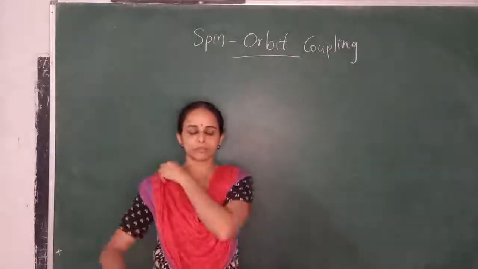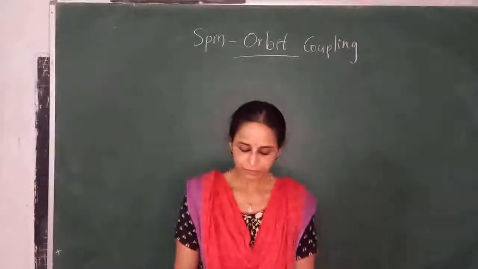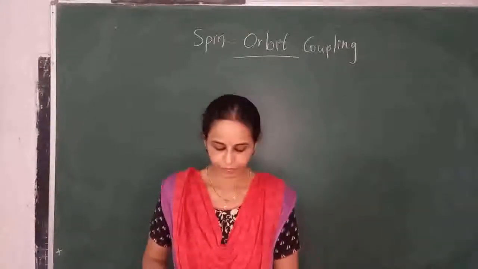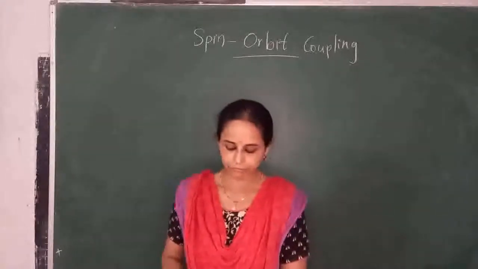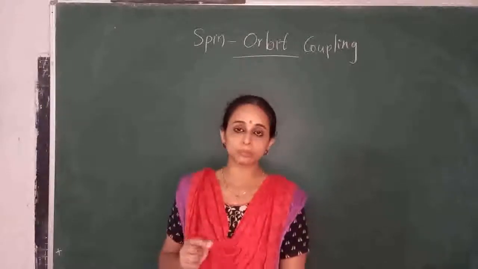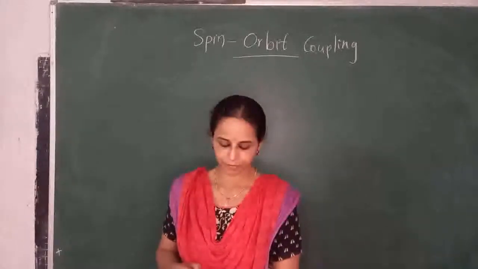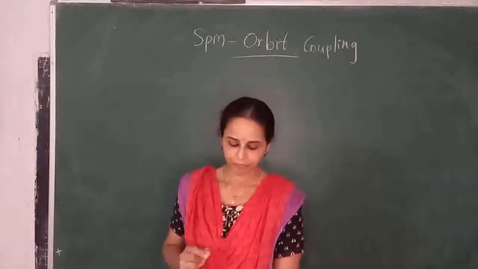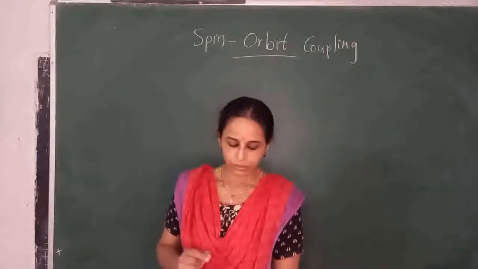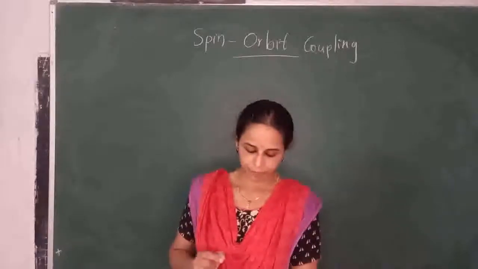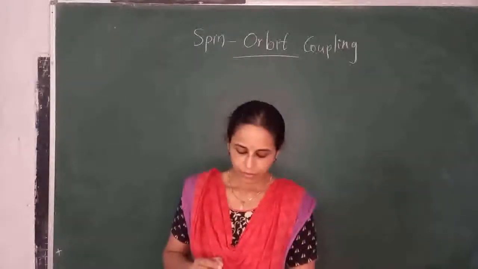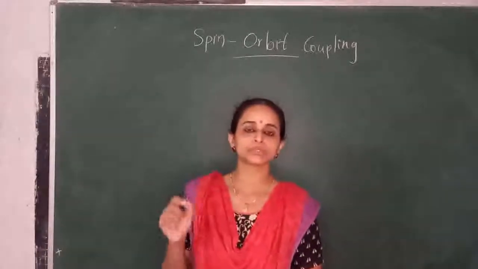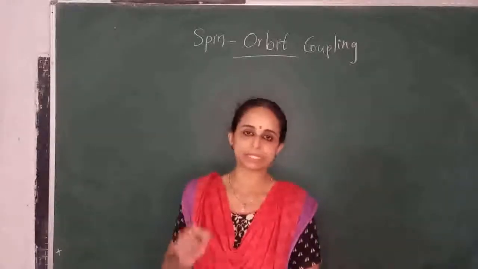We can do a problem here. Estimate the magnetic energy for an electron in the 2p state of a hydrogen atom using the Bohr model, whose n equal to 2 state corresponds to the 2p state.